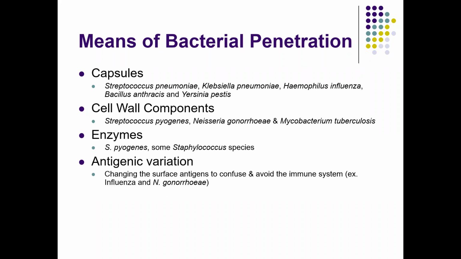Okay, this is a very interesting one, at least for me. Antigenic variation. So the ability to actually change and manipulate the antigens in order to confuse the host's immune system. So chapter 17, we talk all about the immune system, okay? And we talk about antigens, which are the foreign material on the pathogen that your immune system recognizes as foreign. So that's the bad guy. That's the foreign invader.